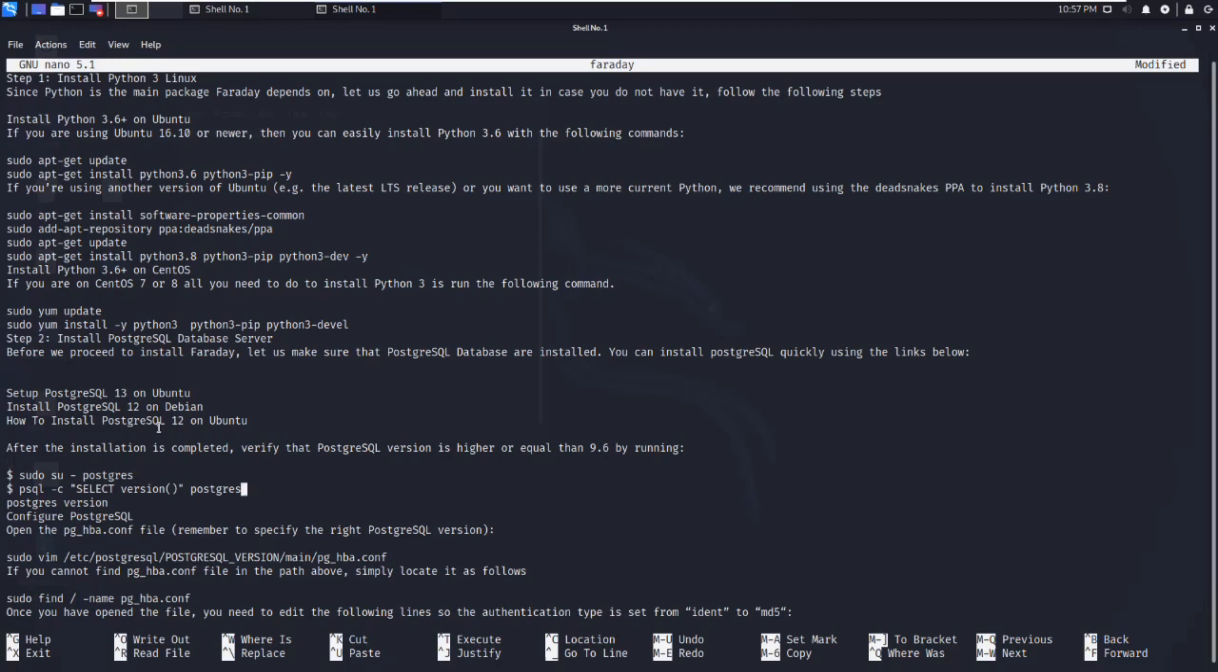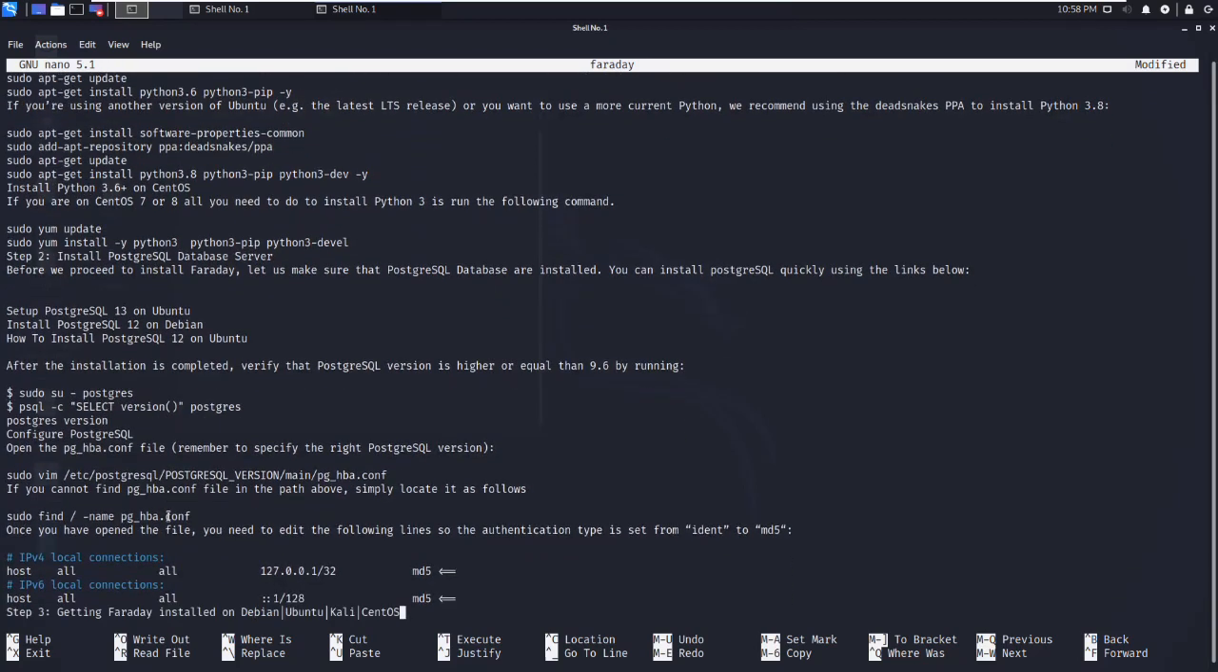The next command is psql -c, select version() in Postgres. This is going to show the Postgres version and configure PostgreSQL. Then, to open the config file, remember to specify the right Postgres version by using sudo